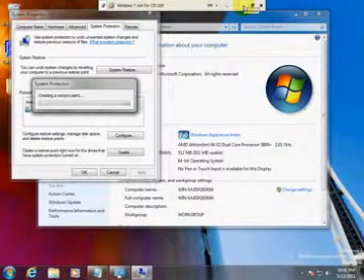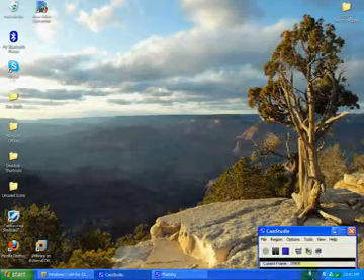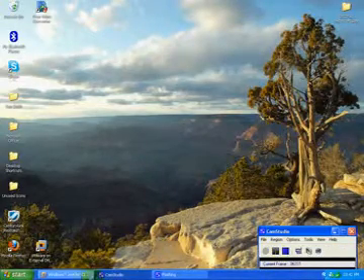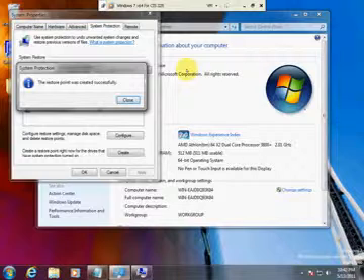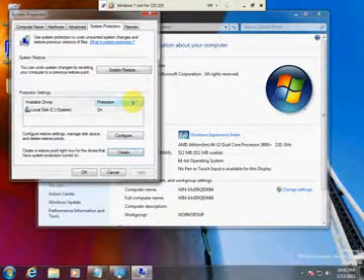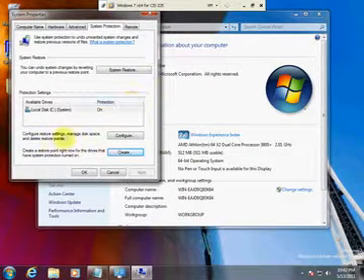Since I had to restart my computer, I'm going to go ahead and minimize and pause for a second. Yeah, that was about all the time it took, about a minute and a half. The restore point was created successfully. Yay! So now we can click Close. Click OK to close the System Properties window